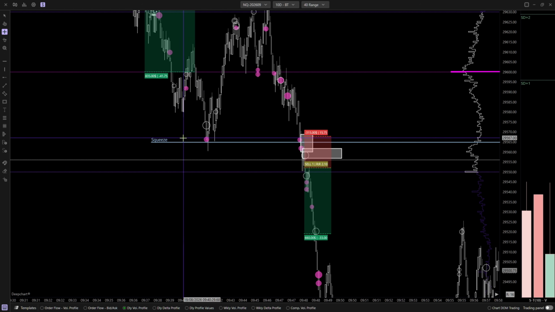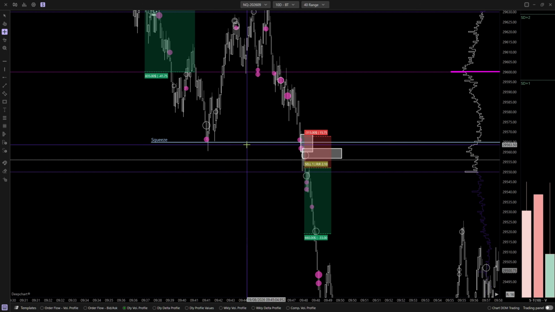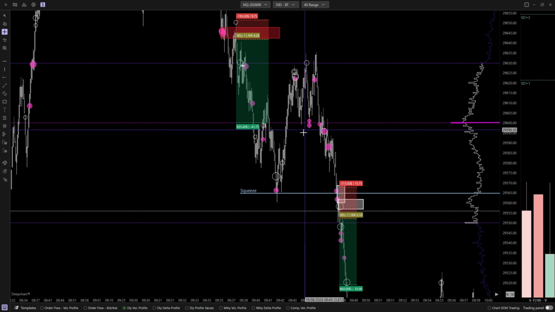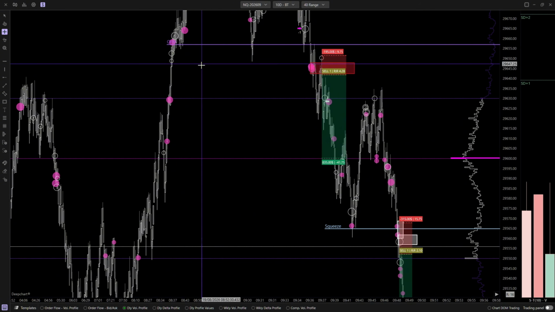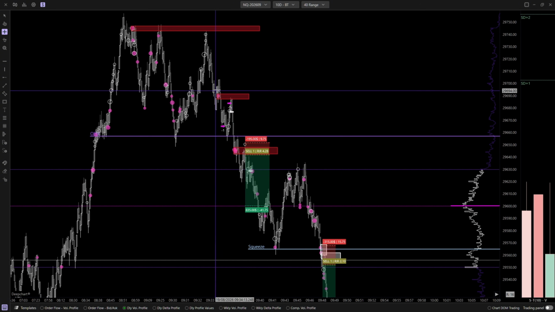So that's how you filter it out in terms of continuation trades, and that is how you catch 930 continuation trades, for example, with order flow, with squeezes, with origin of the move, or with the model I teach in my mentorship where you could have entered way earlier. But I would say that is it, guys.